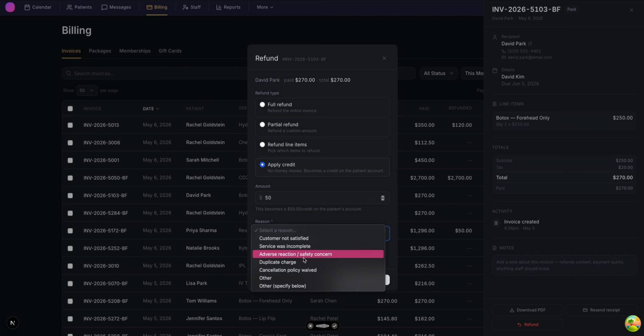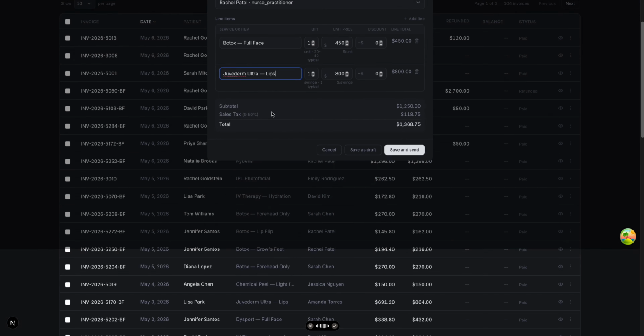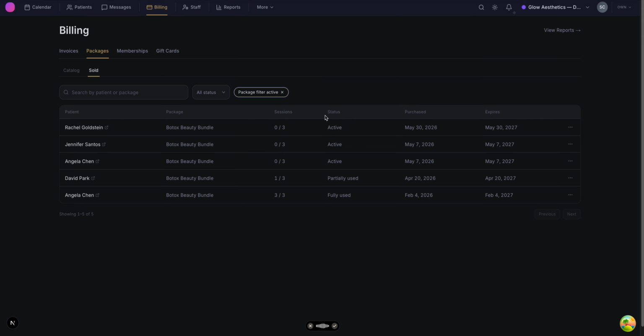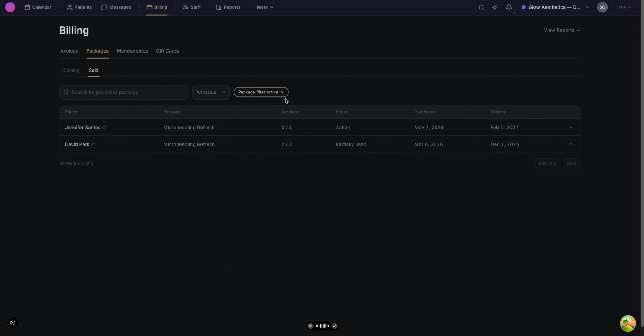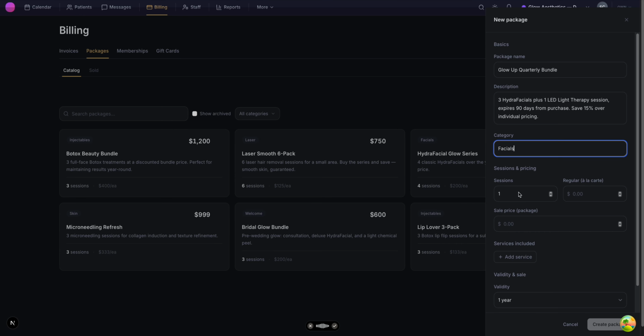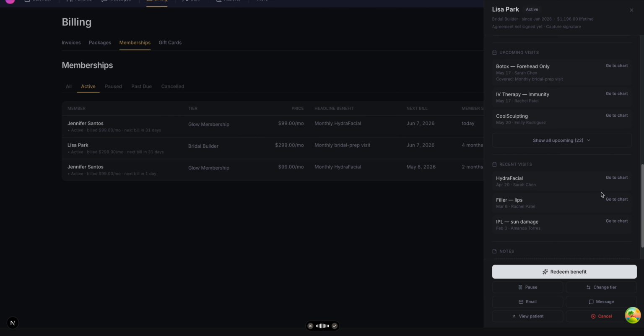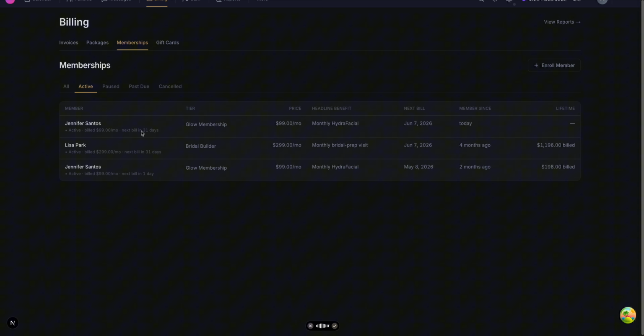Billing in this platform is built around one idea. Every dollar that moves through your practice, whether it's a single hydrofacial, a prepaid package, a recurring membership, or a gift card, runs through the same right doc pattern, the same preset reason menus, and the same activity log. The front desk only has to learn billing once, and that muscle memory carries them through every other action they'll